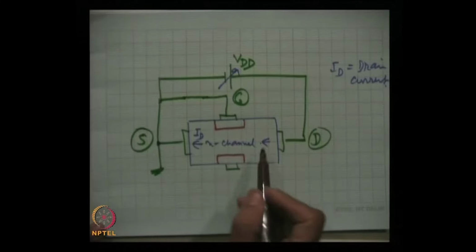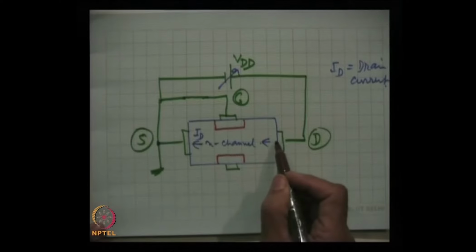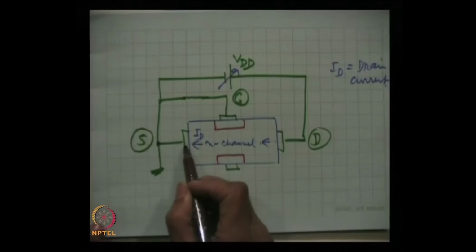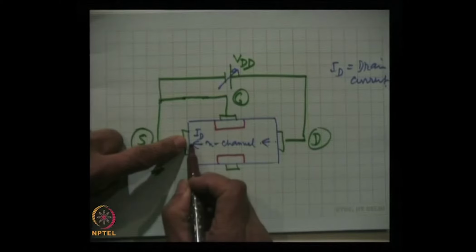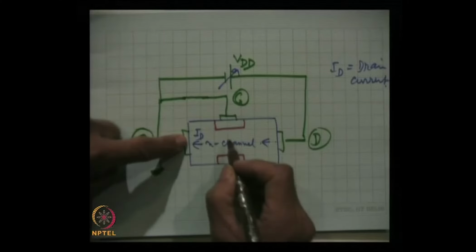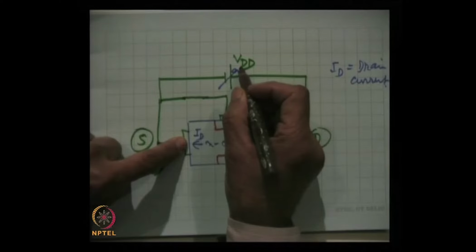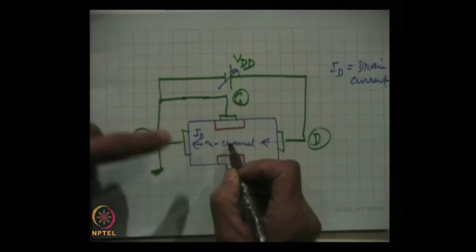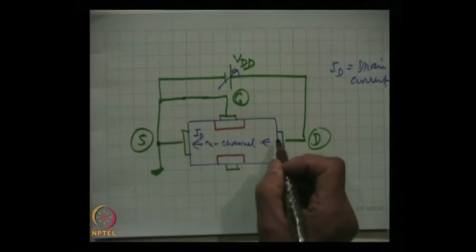In the same way, here the voltage, when we have applied VDD, will be largest here and least here, between this point and the very close to this surface, the potential will be almost 0. Between source and middle, it will be roughly half of the voltage which we have applied. If we have applied 10 volts, between center and here, it will be 5 volts. Between the source and this end, it will be 10 volts. Now,